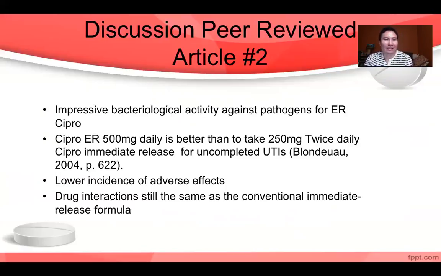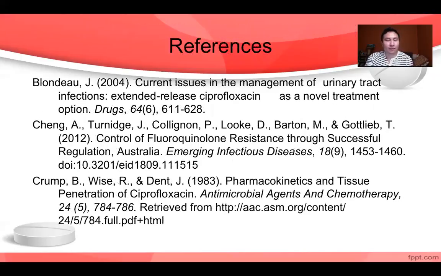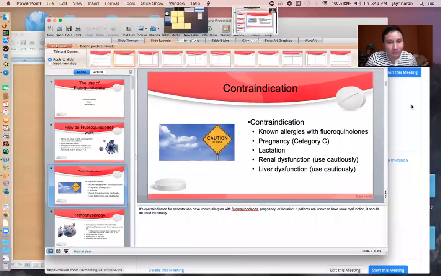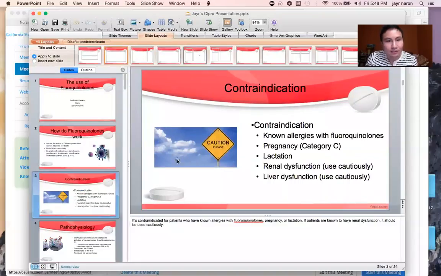They're also saying that extended release ciprofloxacin daily is better than taking 250 milligrams twice daily of Cipro immediate release for uncomplicated UTIs. There's a lower incidence of adverse effects, and the drug interactions are still the same as the conventional immediate release formula. So that's it for my slide presentation. These are my references. Thank you. And I'm also going to show you my